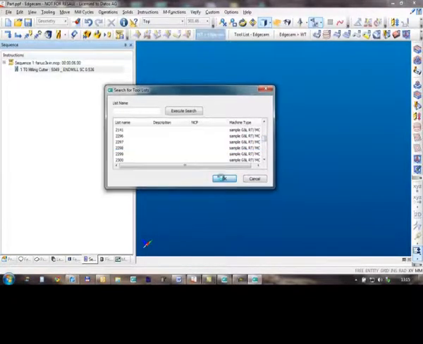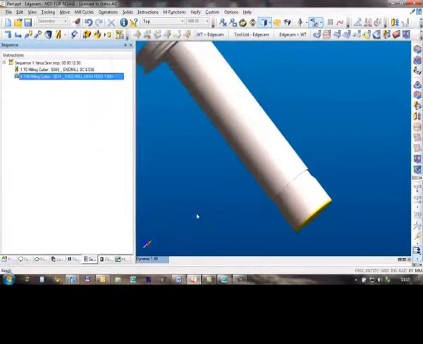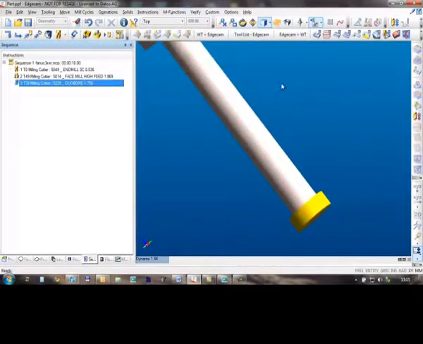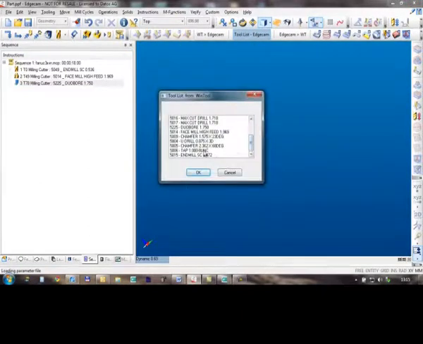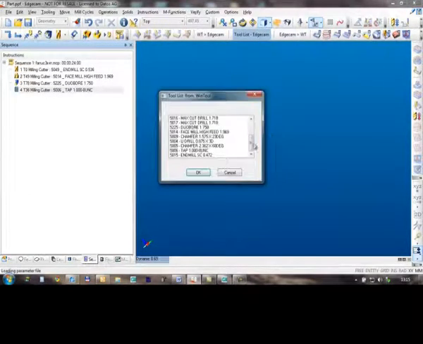Now I'm just bringing in a few tools from a previous job. Let's take this one. And you see a list of these tools from a previous job. So I'm bringing into my session some of these tools. This face mill, a boring tool, a tap, spot drill,